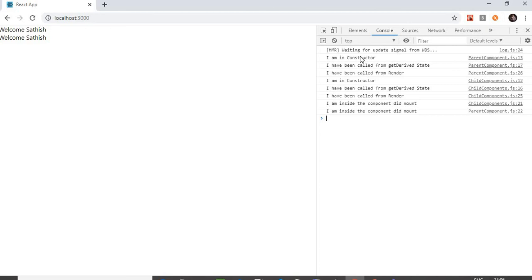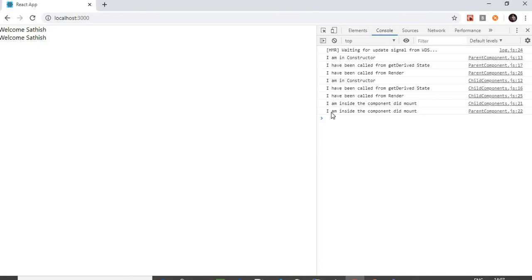We will take a look at the hierarchy which we are very much interested in. At first, it says that it is from the constructor, that is from the parent component. Second is the derived state, which is from the child component. Third one is the render, which is from the parent component itself. And fourth one, you see, it is from the child component rather than the parent component. So in the child component, you find that the constructor was there, and the second message is from the derived state, third from the render, and fourth one, componentDidMount from its child component, and then later you are able to see the componentDidMount from the parent component.